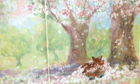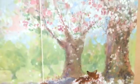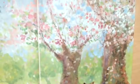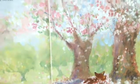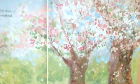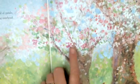But Fletcher just lay smiling in his soft bed of petals, watching the blossoming branches bobbing overhead. And they are so beautiful. If you get a chance to check out this book, you'll agree. The pages are stunning. It makes me happy that right now we are in spring because we are starting to